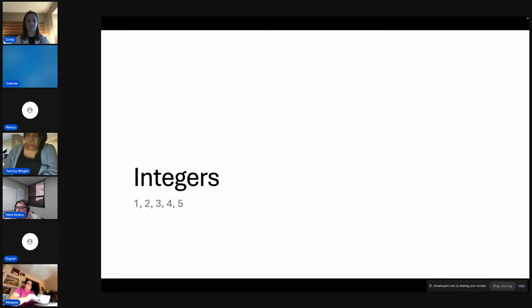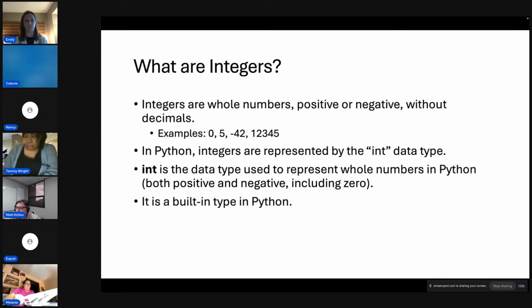The first one is integers. 1, 2, 3, 4, 0, 5, negative 42. Integers are whole numbers. They can be positive or negative, but they do not have decimals. In Python, integers are represented by the int data type. So you saw in that notebook, it said int. That's the data type that it's represented by. Int is the data type used to represent whole numbers, both positive and negative, including 0, and it's a built-in